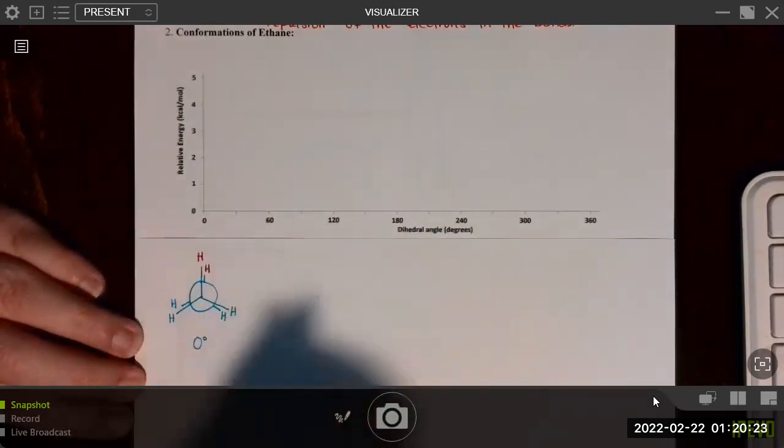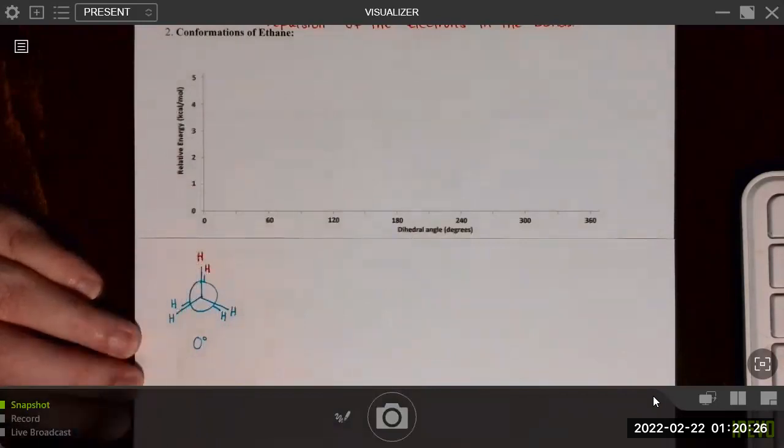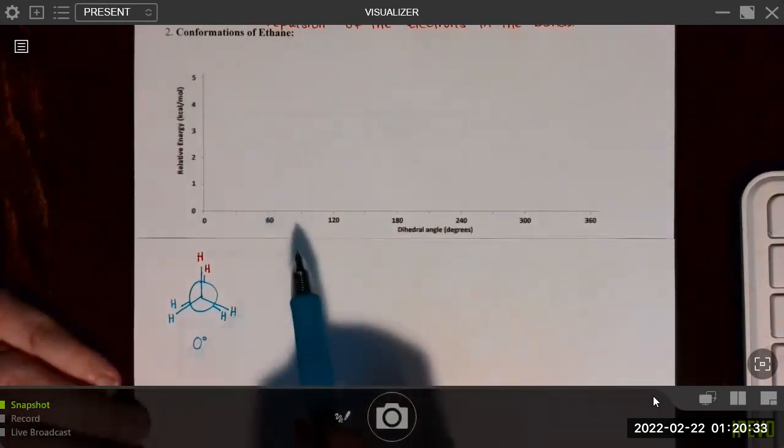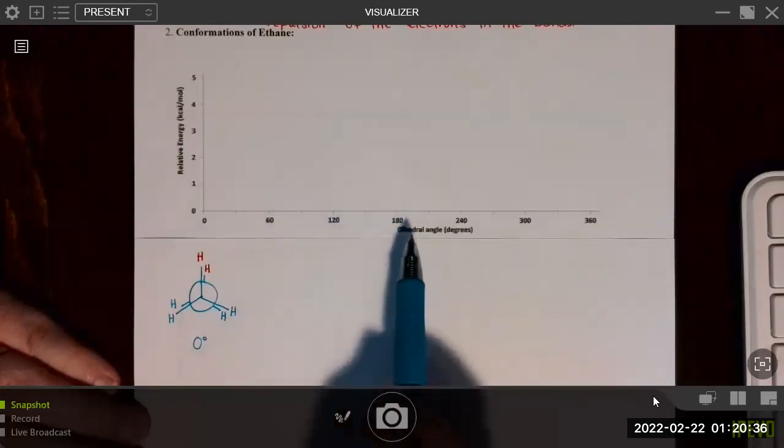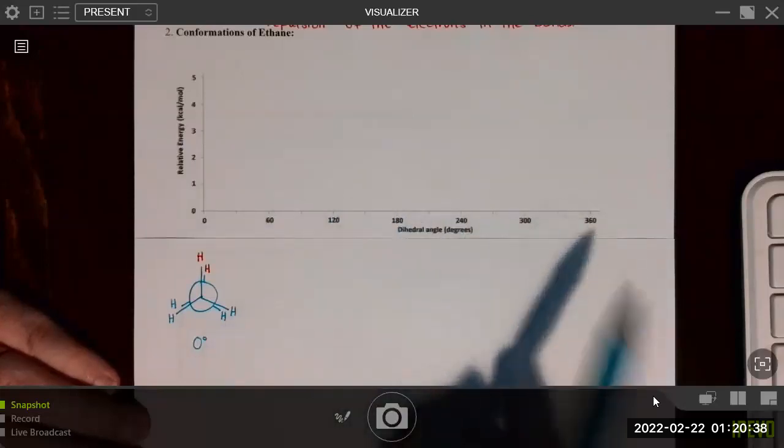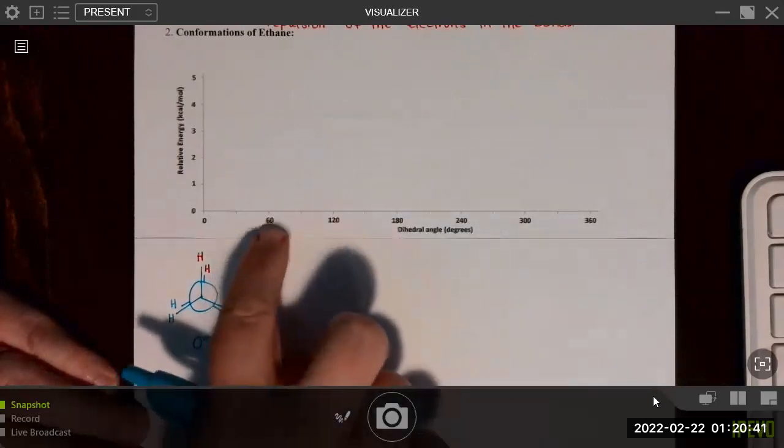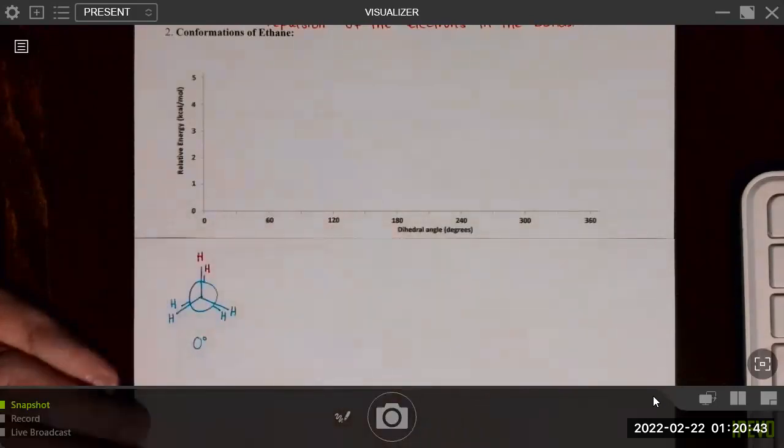Right? So this is going to be the 0 degrees, because again, those hydrogens have a 0-degree torsional angle since they're eclipsed. And then we're going to do a rotation of 60 degrees, and we're going to keep rotating 60 degrees, so that we have a Newman projection for every single one of these degrees that is highlighted on the graph. So we can choose now whether we want to rotate the front carbon or rotate the back carbon. That doesn't matter, right? If you did the front or the back, it wouldn't matter.